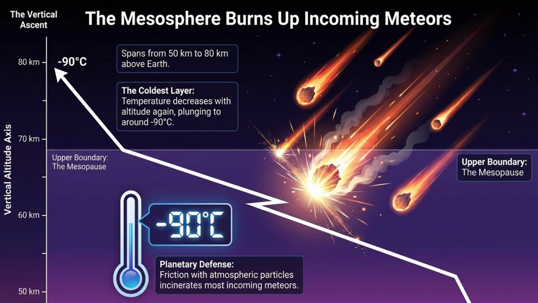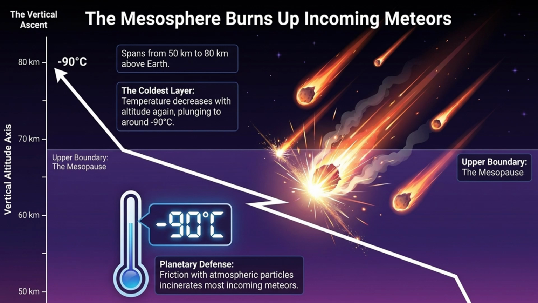The mesosphere lies above the stratosphere and extends approximately from 50 km to 80 or 85 km above the Earth's surface. Its upper boundary is called the mesopause. In this layer, the temperature once again decreases with increasing altitude. Near the top of the mesosphere, the temperature can fall to around minus 90 degrees centigrade, making the mesosphere the coldest layer